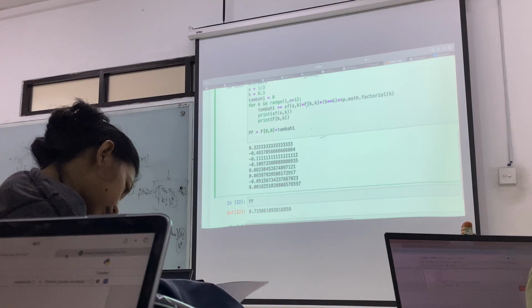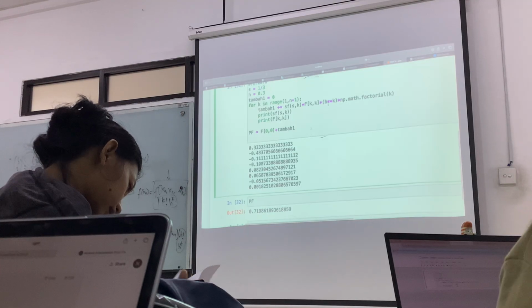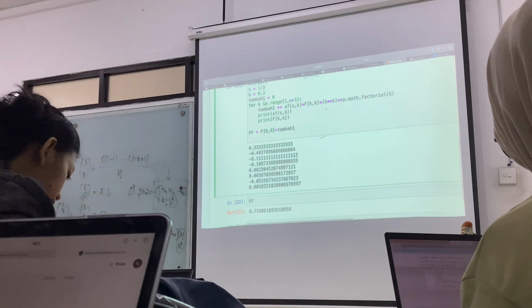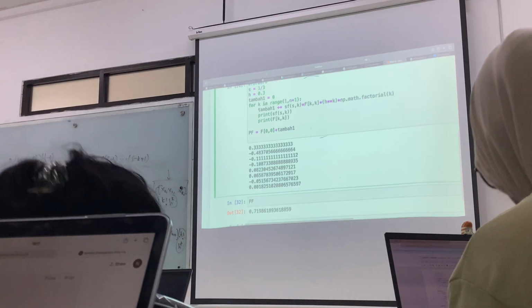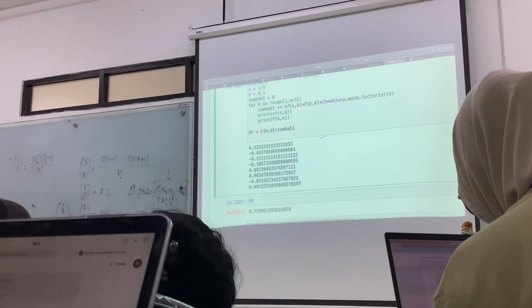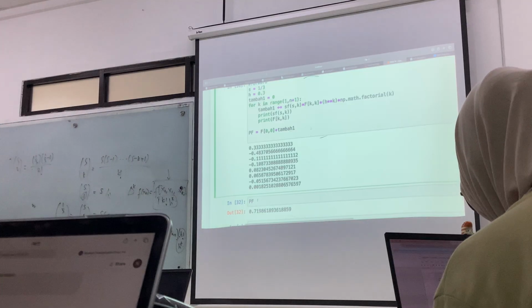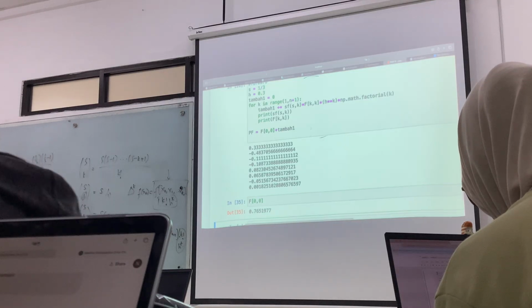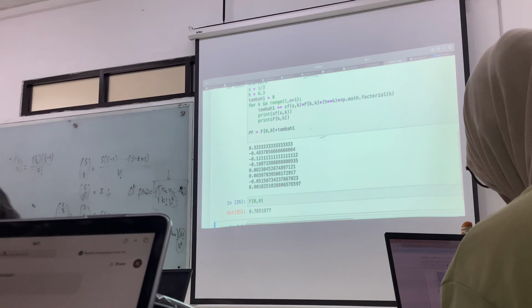Start from 1 to n plus 1. Yeah, no problem. H to the power of k, right? To the power of 1, to the power of 2, to the power of 3, to the power of 4, and so on. And then F00. F00 is 0.76, right?